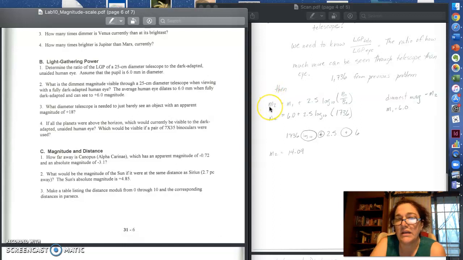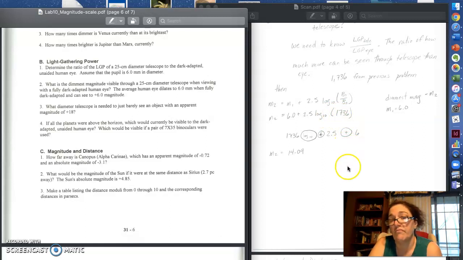So M2 equals M1 plus 2.5 times the log 10 of this ratio. So which one of these is the brighter? Well, M1 is always our brightest, and if we're talking about the dimmest thing that can be seen through the unaided eye compared to the dimmest thing that can be seen with a telescope, the unaided eye is going to be brighter. So here's M1. So M2 equals 6.0 plus 2.5 times log 10 of